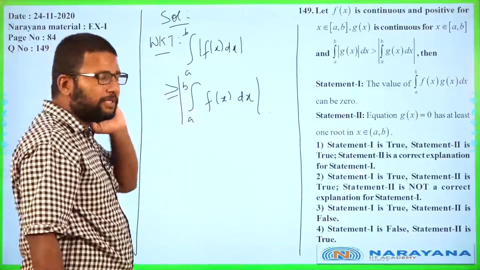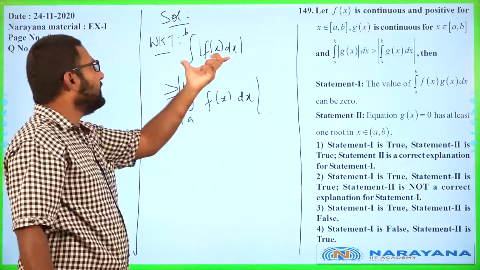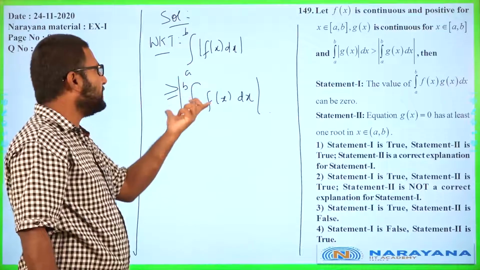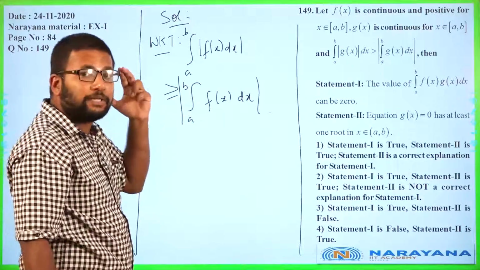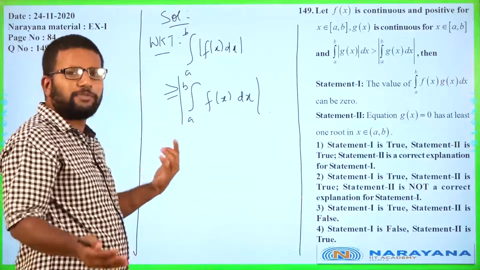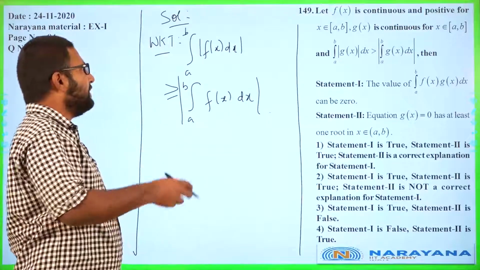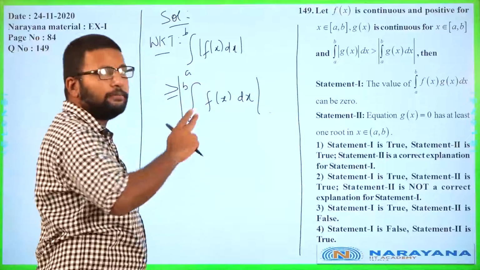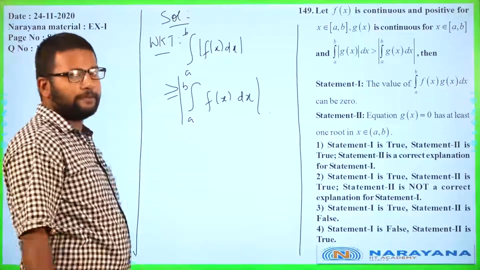When there is minus on both sides, we know that once again integral a to b mod fx dx will be equal. We are thinking of equality, not inequality. They will be equal because of both minus sides, they will get cancelled. So, only when fx changes sign between a to b can we say the inequality is valid, right.